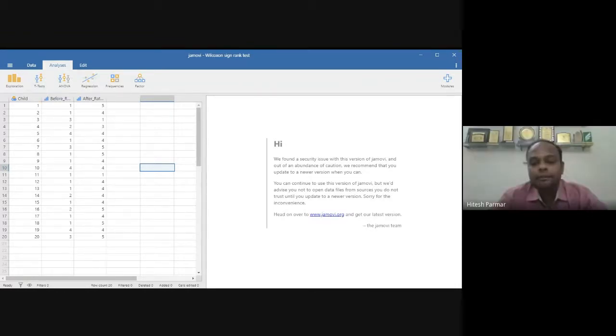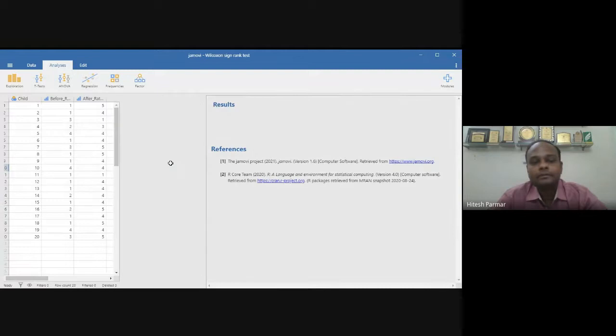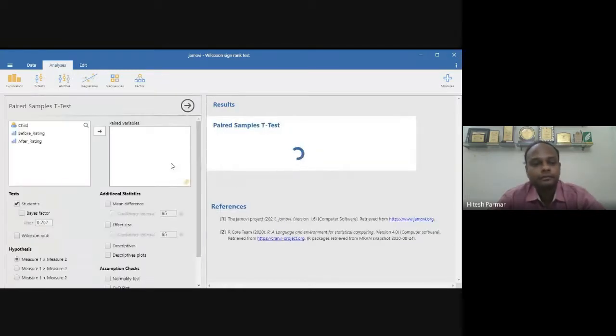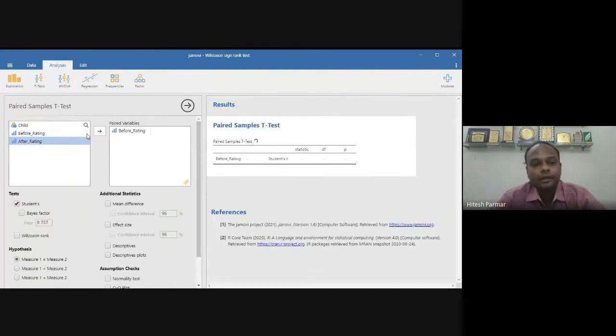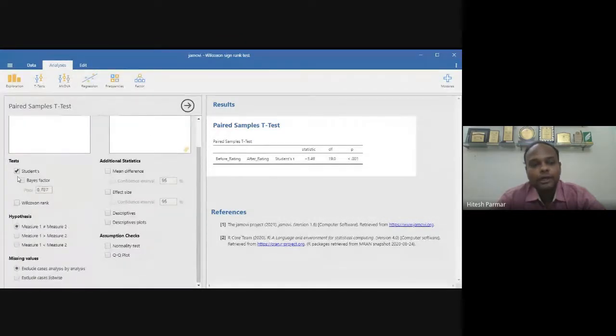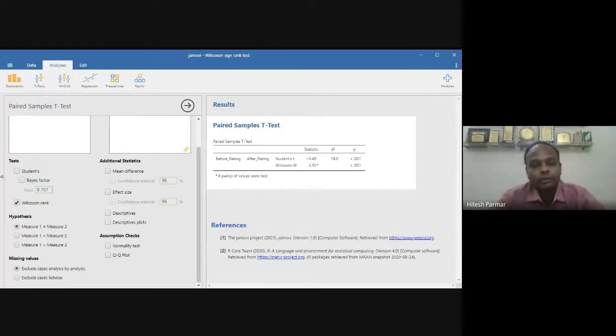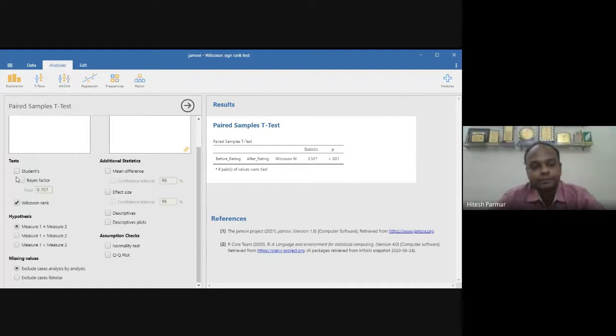So, same menu you can use. T-test, paired sample T-test. Then you need to transfer before rating and after rating. But now you need to just give a tick mark to this Wilcoxon rank test and don't give a tick mark to the Student's T-test. This one, Wilcoxon rank test, this one.